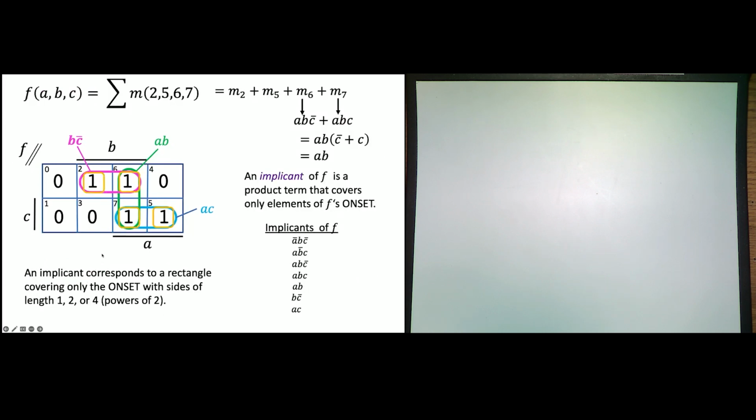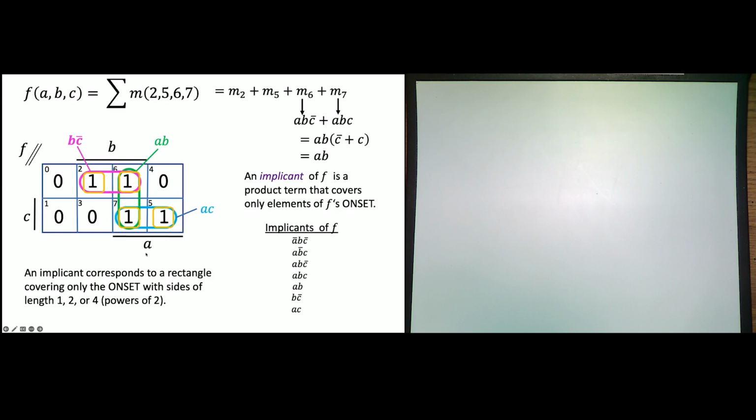Well, this particular function talks about minterm 2. That's with respect to this order. So minterm 2 would be A bar, B, C bar.